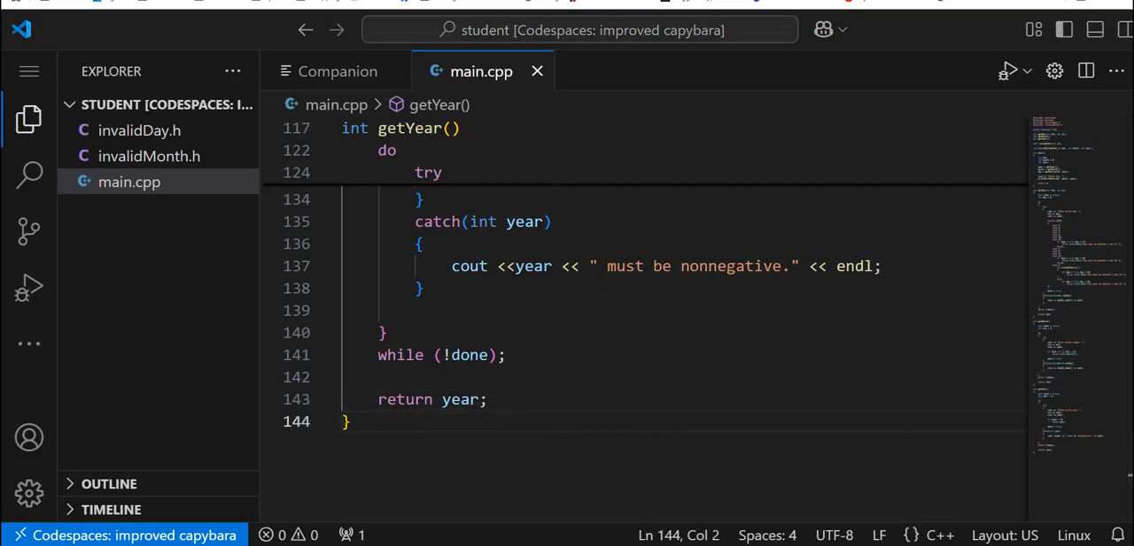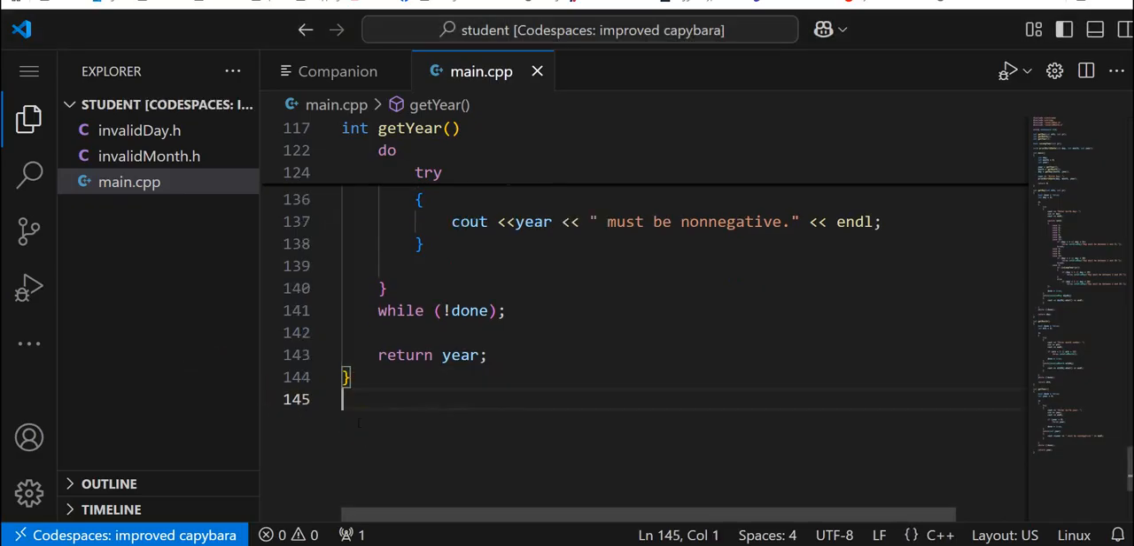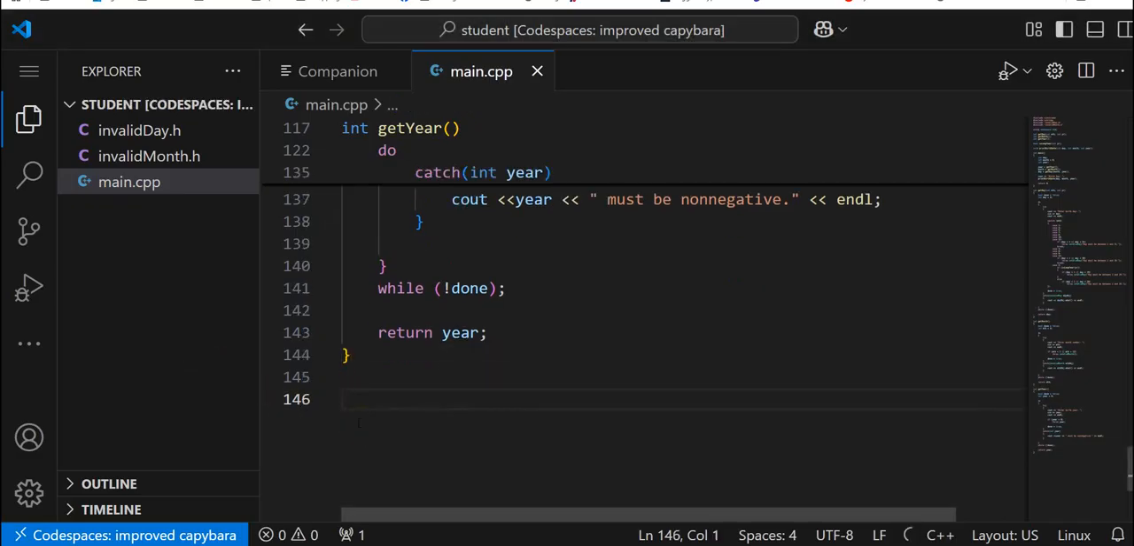And then we got to do our leap year, switch and all that. So let's come down here, and let's go bool is leap year. And we'll do int day, int month, int year,